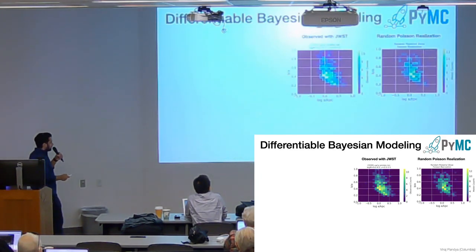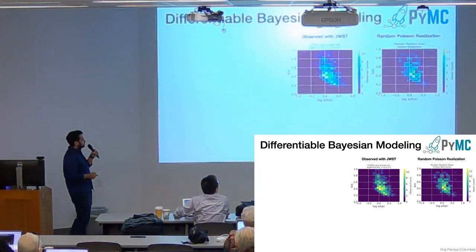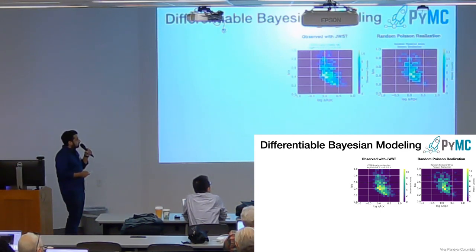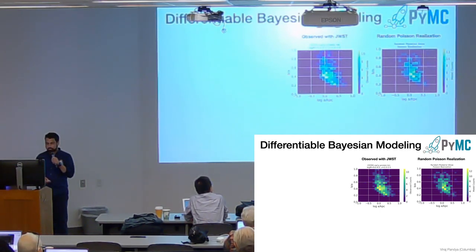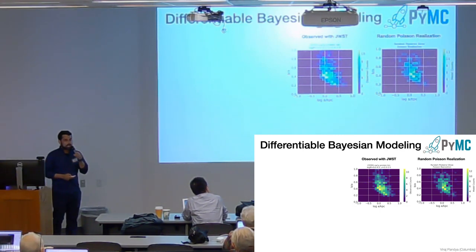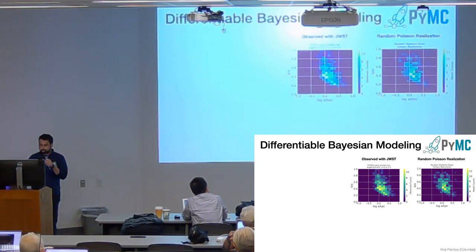So here is again this banana-shaped distribution that's observed with JWST for a representative high redshift low mass population. On the left is the observed, and on the right is one Poisson realization of our model, and you can see it looks pretty decent. Now, we don't just get a single best fit model, we get a distribution for a range of allowed models,